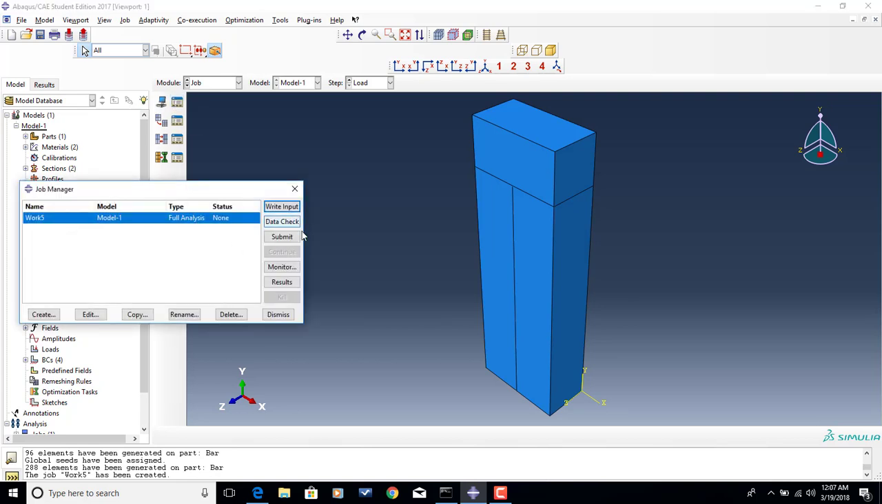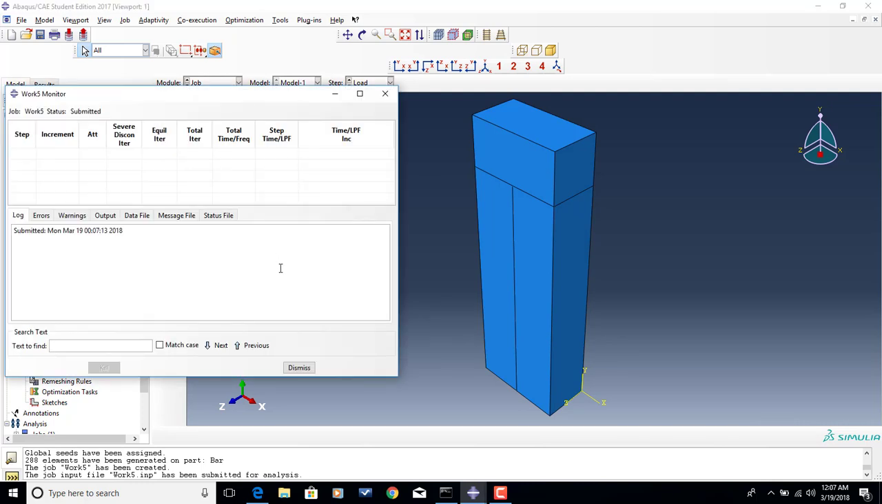So if I open up my job manager, I will submit the job. And let's see if I have exceeded the number of elements and nodes. It looks like maybe it has not. So if I come in here to monitor,